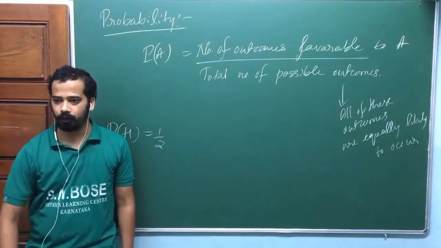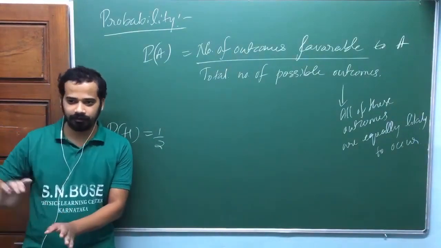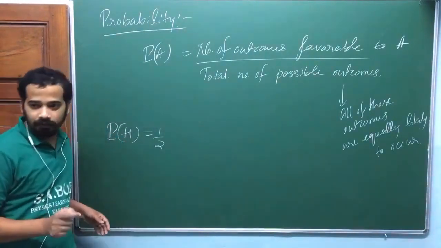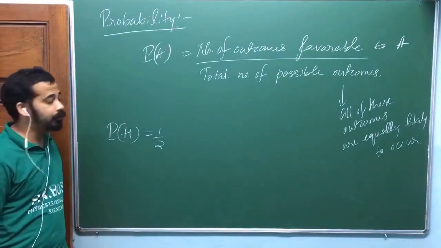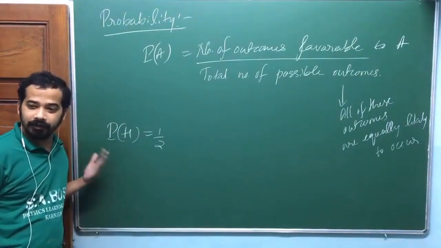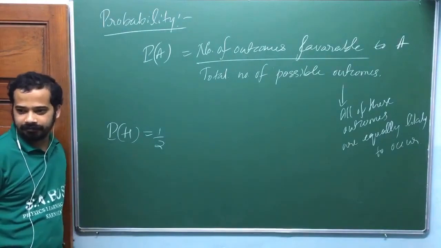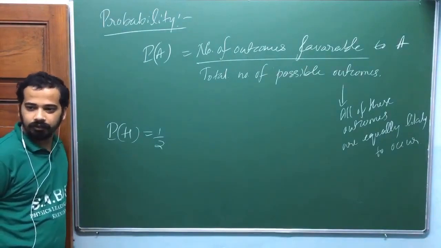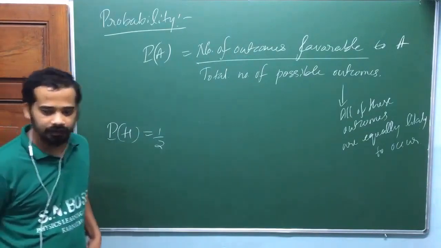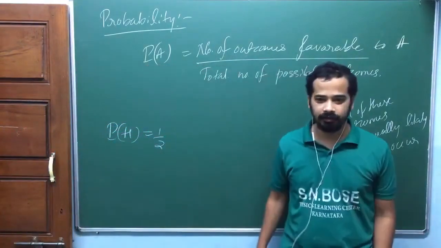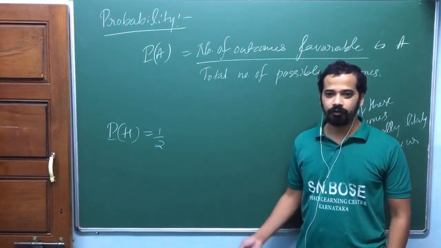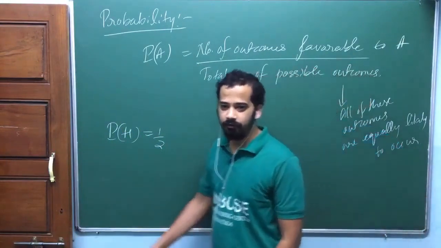If you toss an ordinary coin twice, just forget about the sure-shot part. So if you have an ordinary coin, and when you toss it twice you get head both times, how do you convince that the probability of head is half? By tossing twice or thrice, you can't show that. You have to toss 10 times. Then you may get 4 head, 6 tail. Is that okay? Then how do you show that it is 50-50?